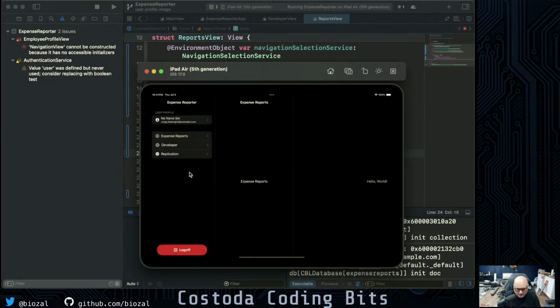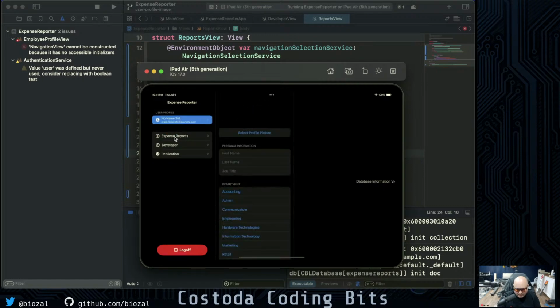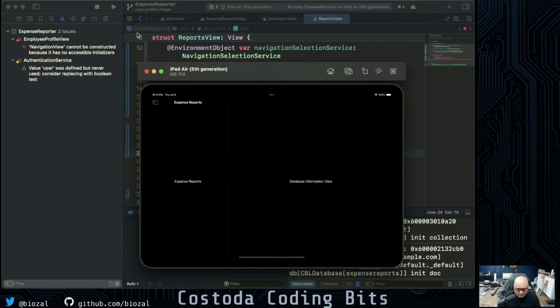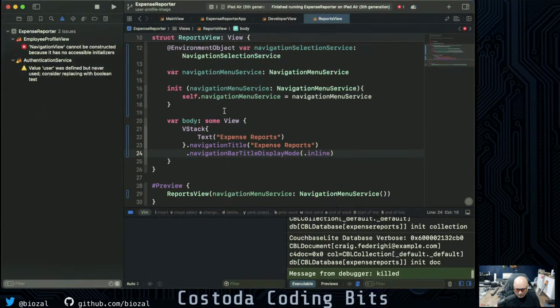So now if we go back here, we go developer view, we click on generate some sample data. We'll see here this stuff's changed over here. If we hit expense reports, expense report comes up. If we go back, expense report should show up, and this should continue to work. All right. So now the only problem we have is the true problem with